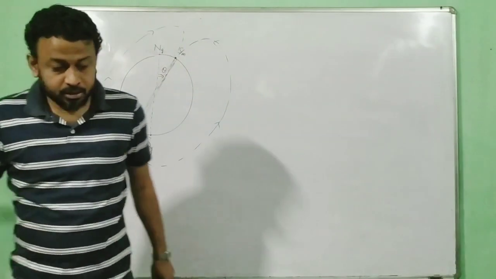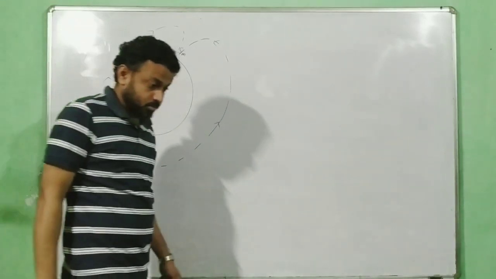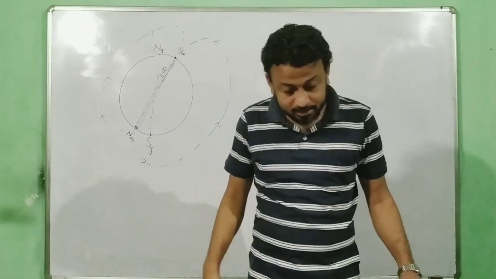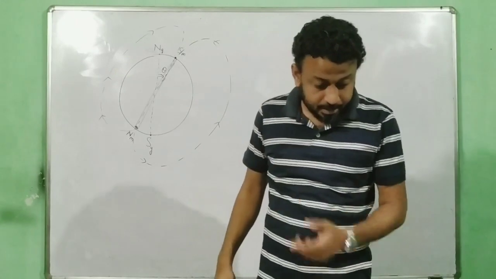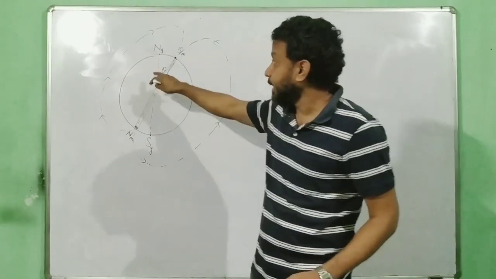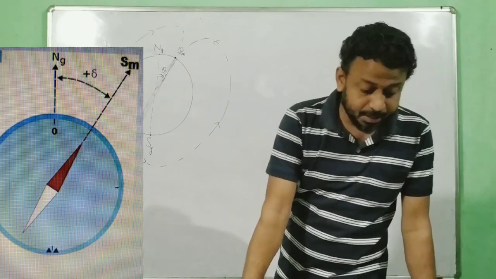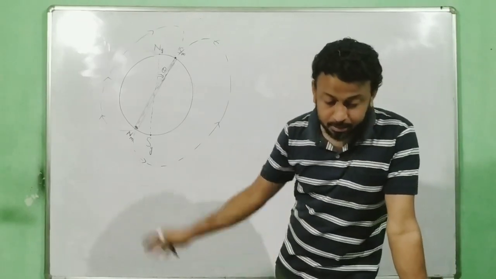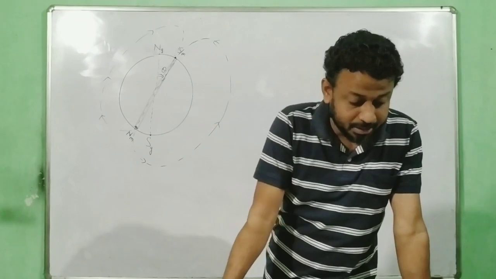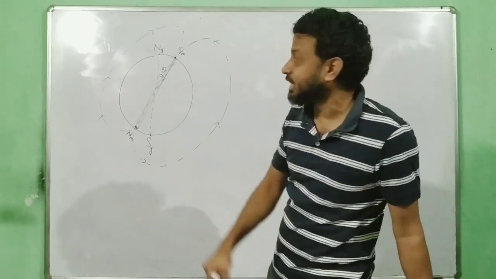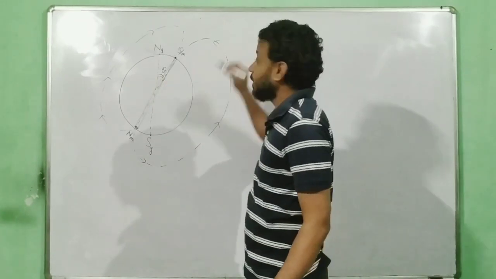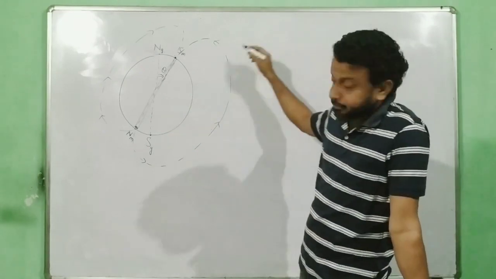Okay, so far so good. Now I'm going to define that angle theta. At any place, look at this angle theta. You can note down from your book also. At any place, the acute angle between the magnetic meridian and the geographical meridian is called angle of declination. So this theta is called angle of declination.